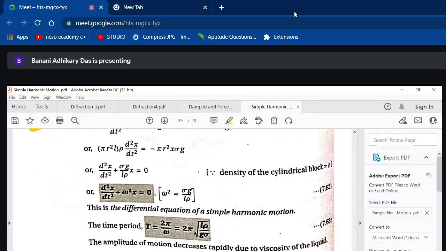The cylinder is inside a liquid, and it is executing simple harmonic motion inside the liquid. Because of the resistive forces the liquid exerts on the cylinder, the motion is damped, and therefore the amplitude of oscillation gradually decreases with time. This we will be discussing in more detail in our next class, after I take a tutorial on simple harmonic motion, and with this I close the class today.